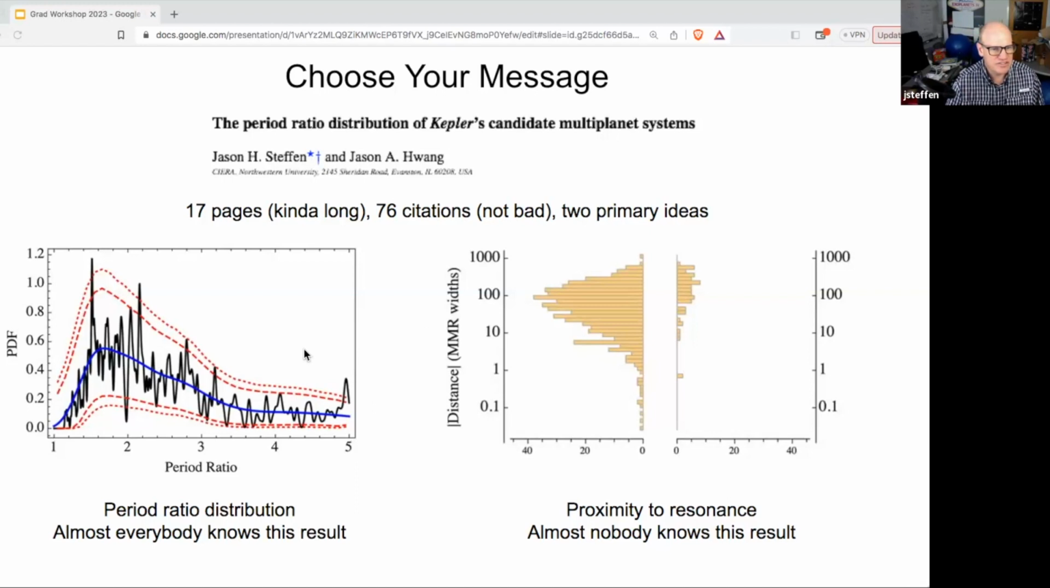The one on the left was the period ratio distribution that we measured from the Kepler planets. And the one on the right is looking at a bunch of systems that are close to a particular type of orbital configuration that is interesting to dynamicists. So it had two main results. Everybody knows about the first result, and nobody knows about the second result. And it would have been better had we just forked this paper into two, one about the period ratio distribution and a second one about the proximity to resonance, because the scope just kind of got out of control. We packaged it in one paper, we sent it out, and half the message was lost